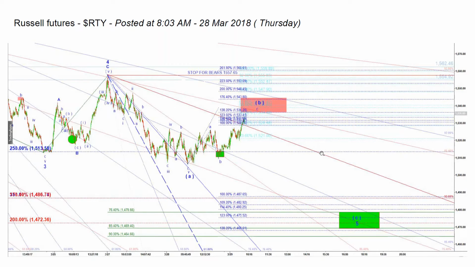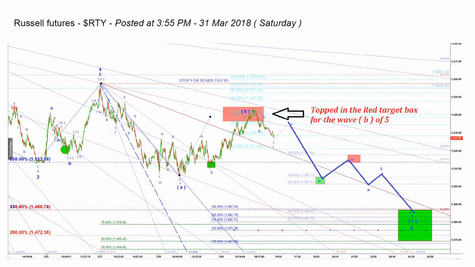Here we are. It's 11 a.m. Thursday, and we are almost there, but not yet. And this is finally where we closed. I did not update the count in the afternoon Friday because I just didn't work, and I've just updated it now when I'm recording that video on Saturday, just to add it to the video and explain how nicely we topped into the target box. Remember, we set that box days before. We expected